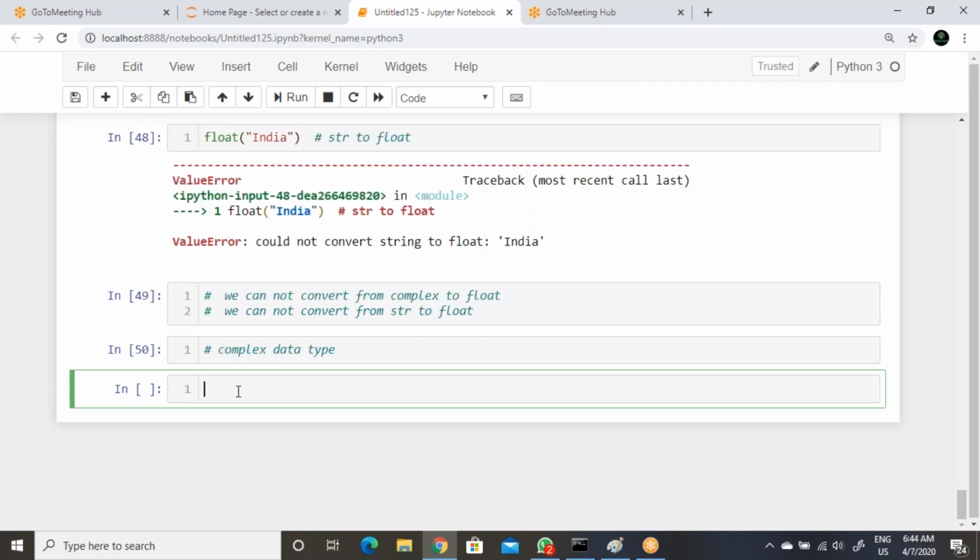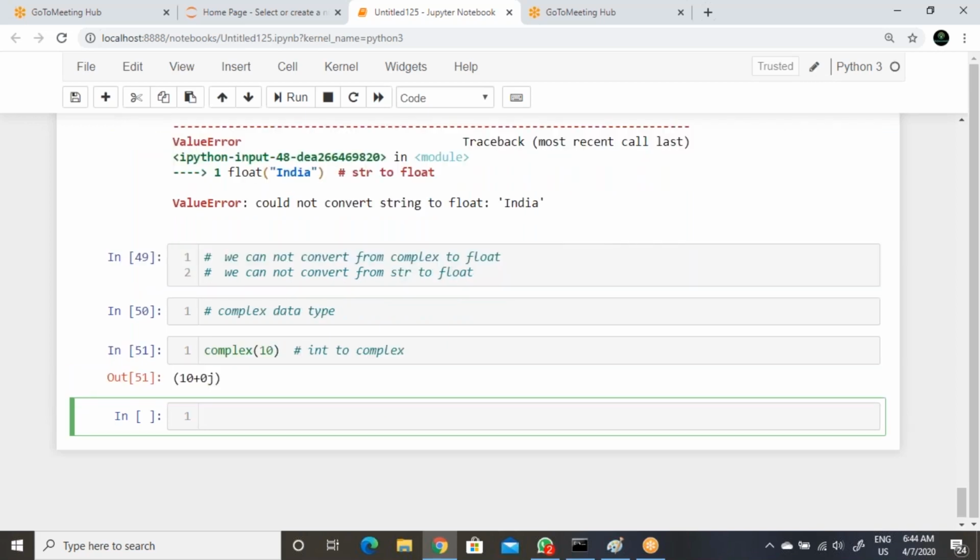Now I will explain. Complex of 10.0, this is float to complex. So 10 plus this one. If you want, you can go 10 plus 0j.